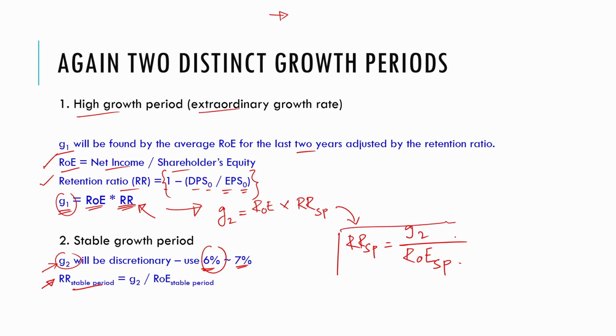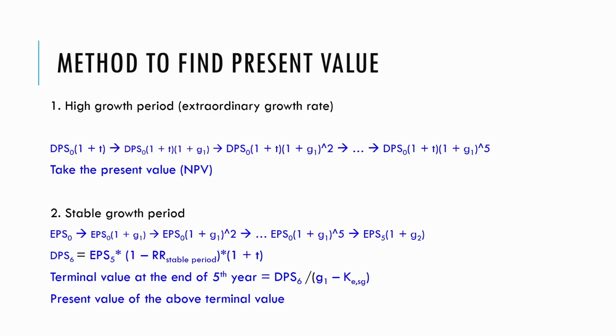So this is what is written here. So we will calculate this. Then after that, how to project, how to forecast. For example, in case of high growth period, we will first of all start with the current year's dividend, that